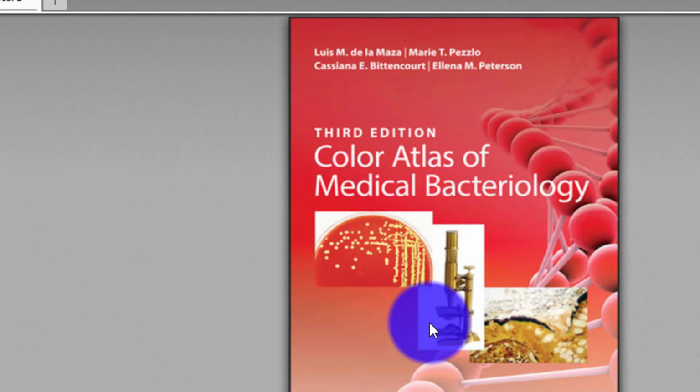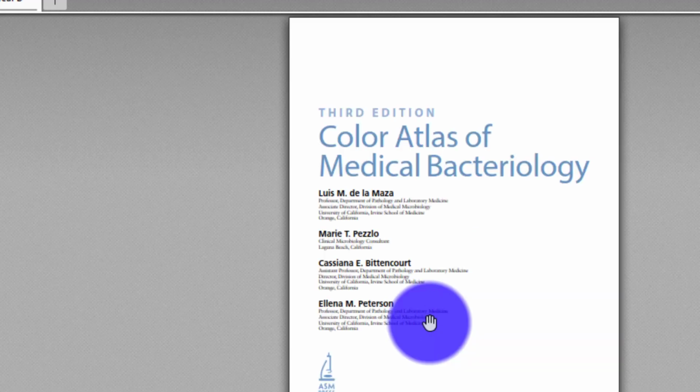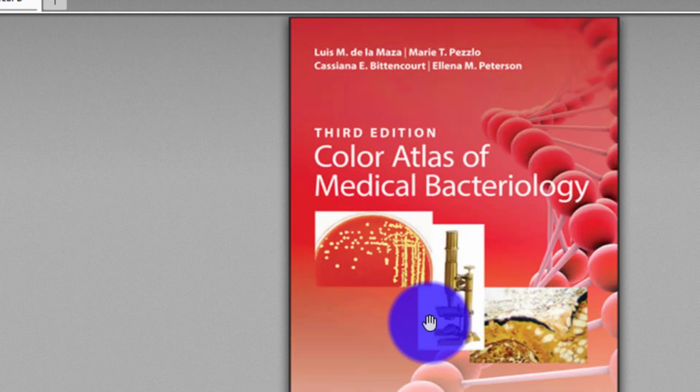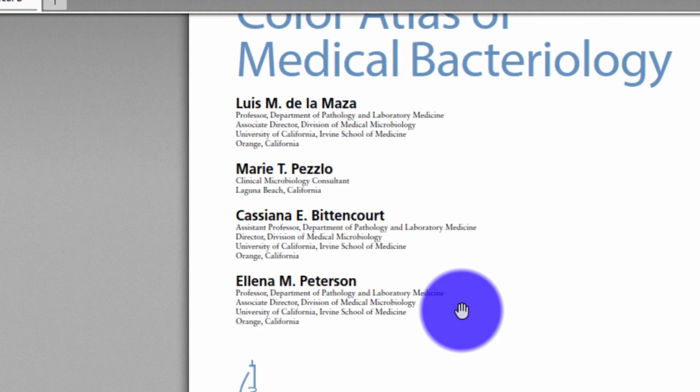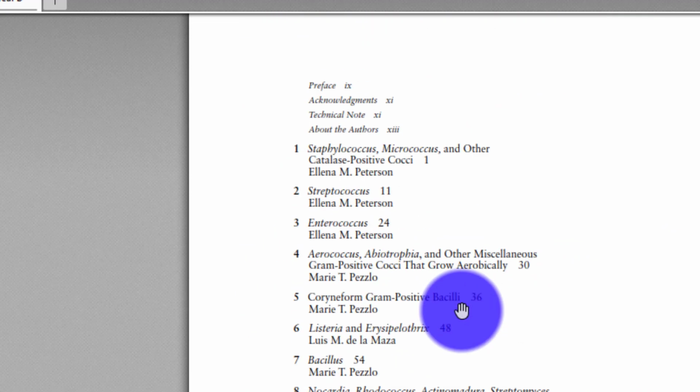Bacteriology: Color Atlas of Medical Bacteriology, 3rd edition, Mahon, Bizot, and Peterson, Wiley. Table of contents: